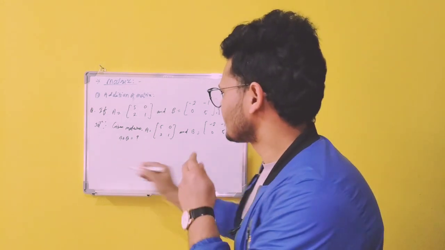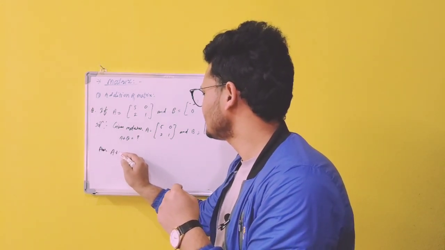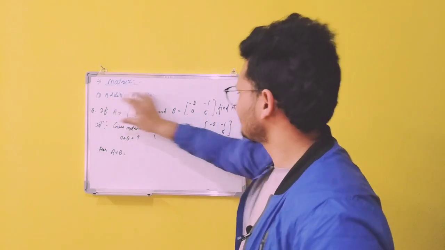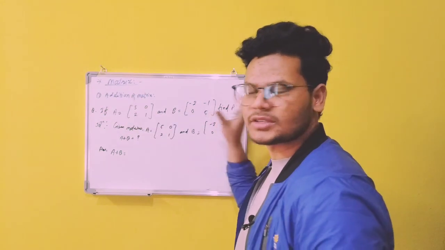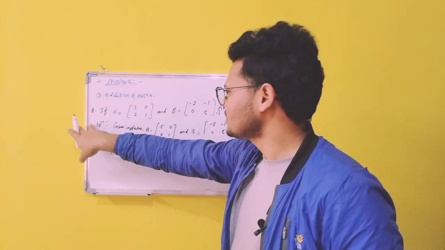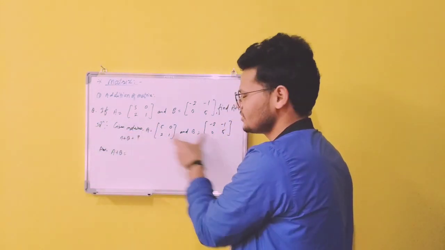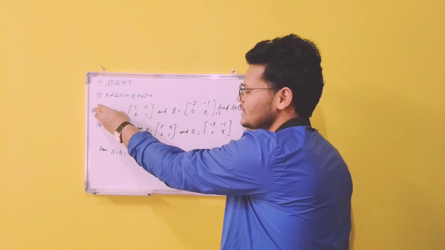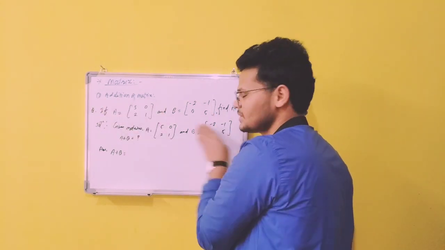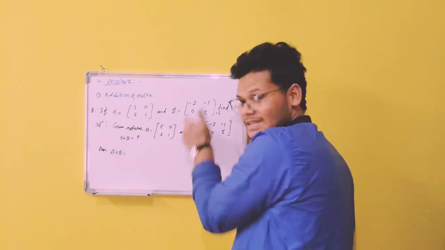Okay, here now A plus B is equal to, just you need to substitute the given matrix. In an example, no need to copy this question, just you need to write the solution, right? You need to solve the question. So I'm going to write the given questions. You need to write the given question. In the case when you are not writing this question, then you have to copy the given data, right?